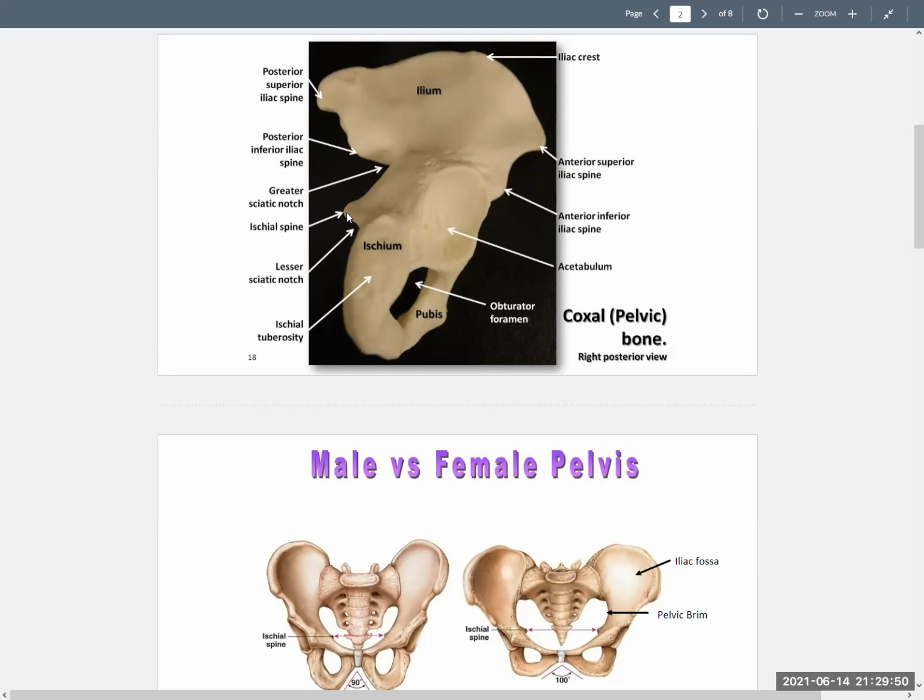Right underneath the ischial spine, a small indentation. Do you ever notice how the anatomists have to give a name to everything? I don't need a name for this, but it's a lesser sciatic notch. Greater sciatic, lesser sciatic. Move over and we'll be in the ischium itself. And this part that you're sitting on is the ischial tuberosity. It goes around,